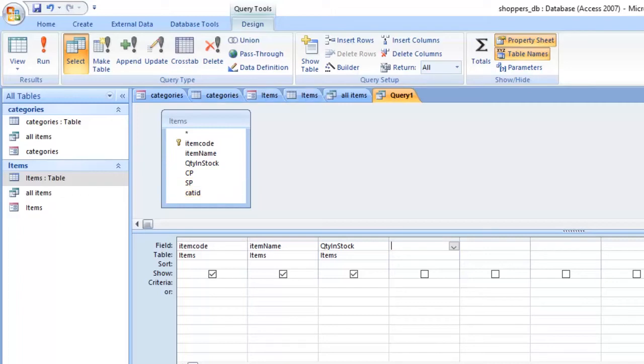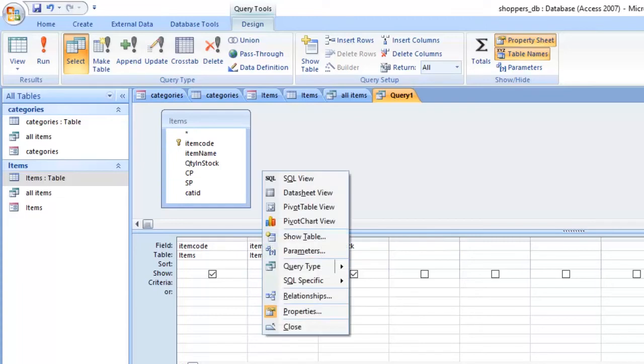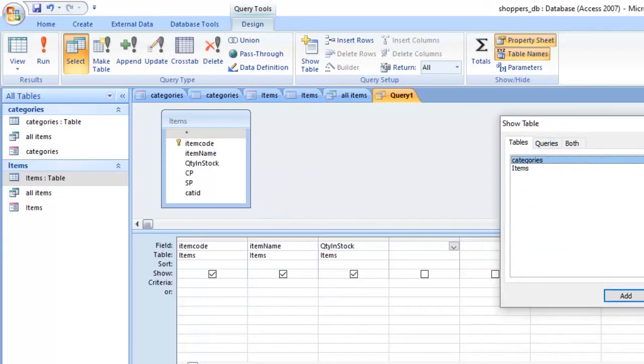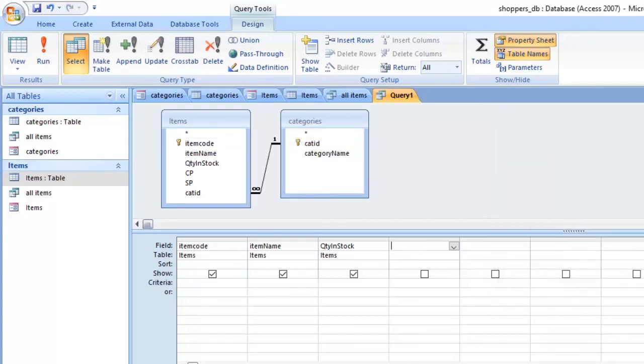Okay, show table. I need to add the category there. Okay, and then click OK. That's good. And then I just need to add the category name. Alright, so that, and then save